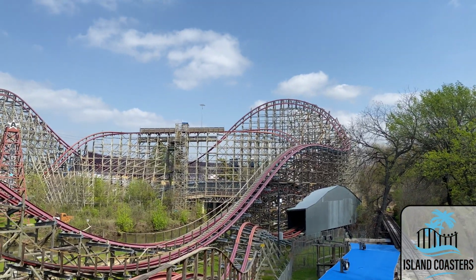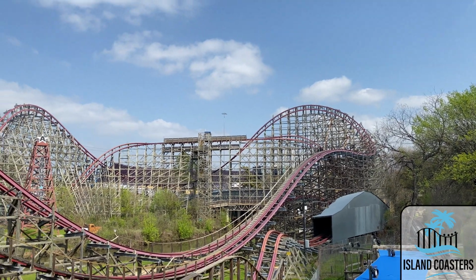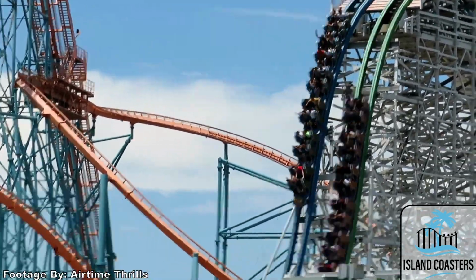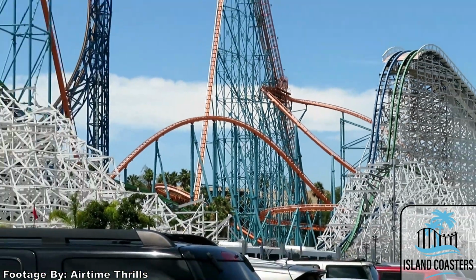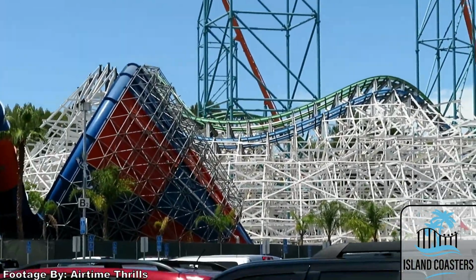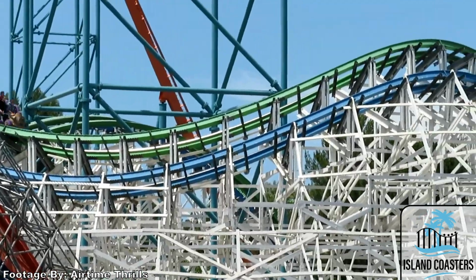RMC would end up installing the Iron Horse conversion at 7 of their parks by the year 2018, including the world-renowned Twisted Colossus at Magic Mountain. Now, the Mobius Loop dueling roller coaster was built from the famous Colossus. However, it seems very likely that the Icon wasn't the chain's first pick for a dueling RMC, but it was